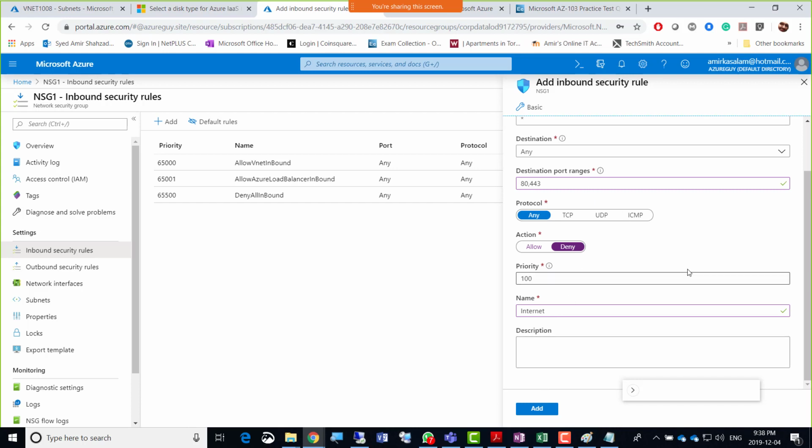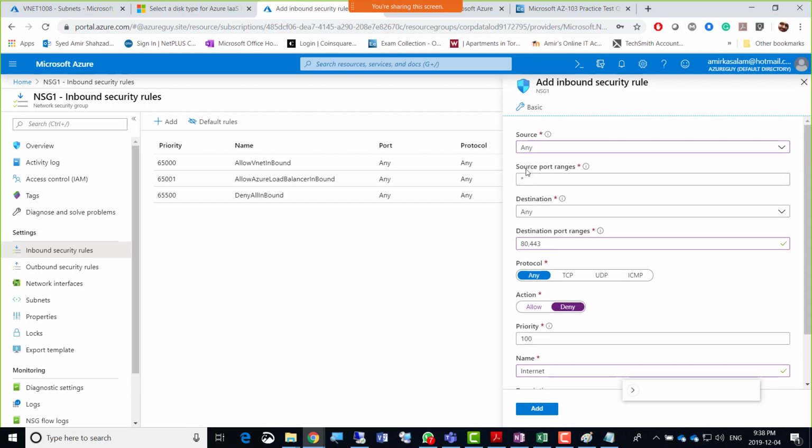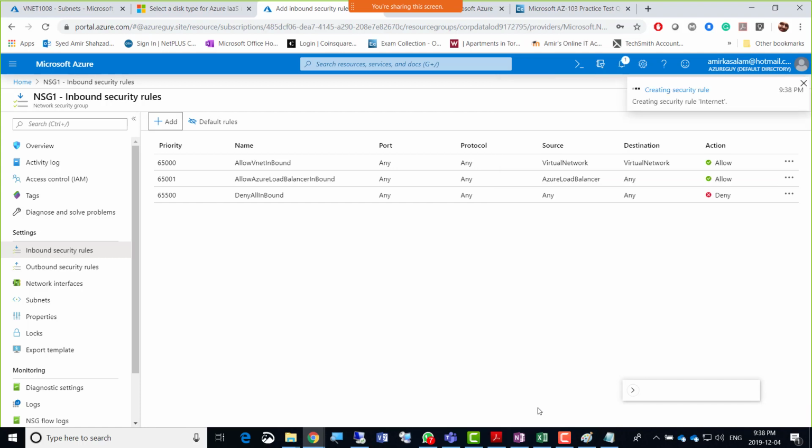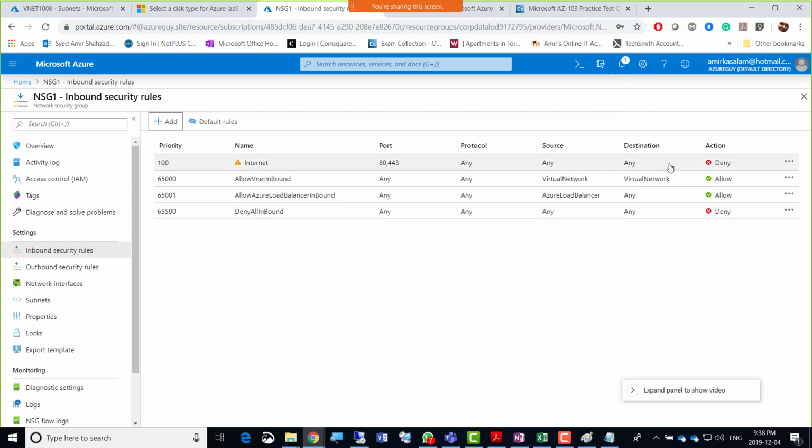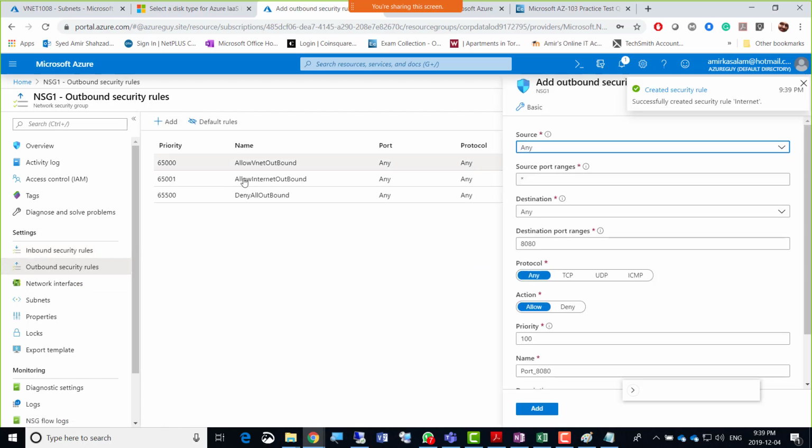So if you create that rule here in the NSG, and then click the add button, so it is created here and the deny rule is there. So I'm just going to go for outbound as well, and click the add button, and its port is 80 comma 443, deny. That's all right.